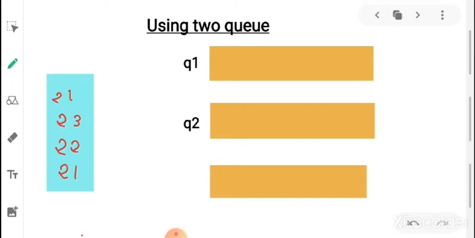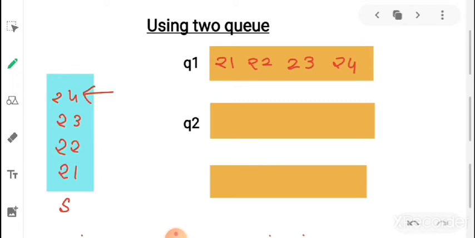Okay, so these are the elements that I have pushed into the stack. At first I will be queuing the same elements that I have pushed into the stack. So 21, 22, 23 and 24 are queued into the queue. After that I want to perform the DQ operation.